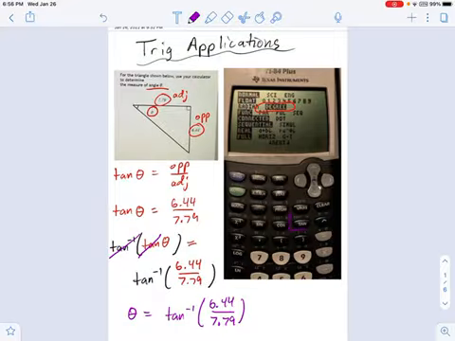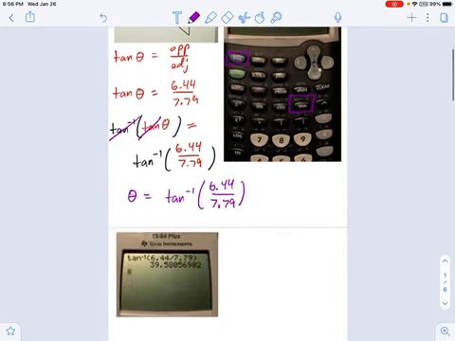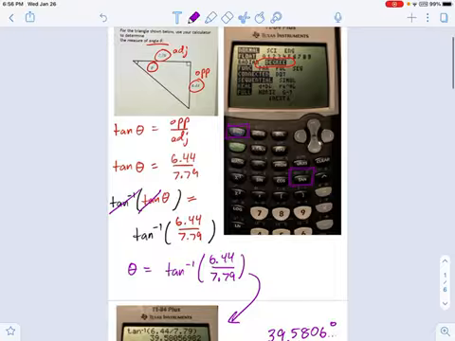Now you plug it into your calculator, and for the inverse tangent button, I want you to look at the tangent button over here, and see where it says above it in blue ink, inverse tangent. So you're going to need to hit the second button and then hit tangent. So you say inverse tangent of that fraction, and you type it in like I have right here in that example. And you can see what pops out is 39.580, all these decimals. So what that is in degrees,